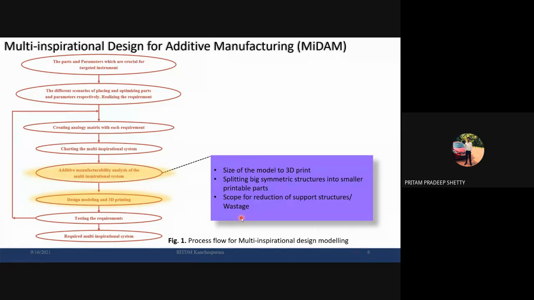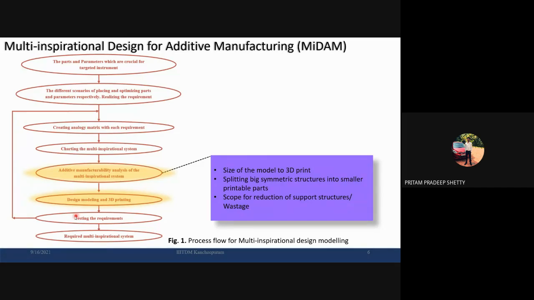I hope you know support structure. Support structure is basically supports automatically generated for 3D printed parts. Those supports are for the part where it is hanging, so there is no consecutive support for it in the model. So the software will automatically generate supports for that. If you don't know, you can just have a read about it. And so how will you reduce it? You have to think about that aspect, and then design.